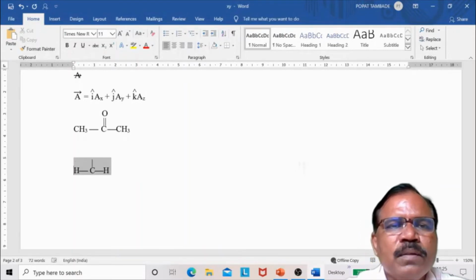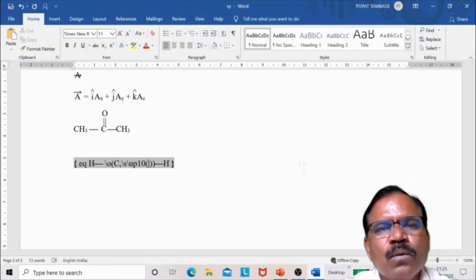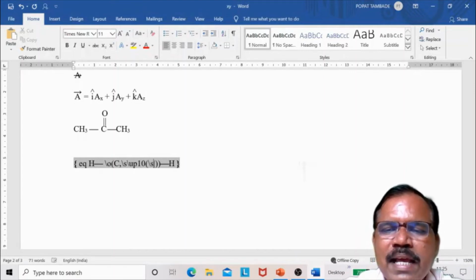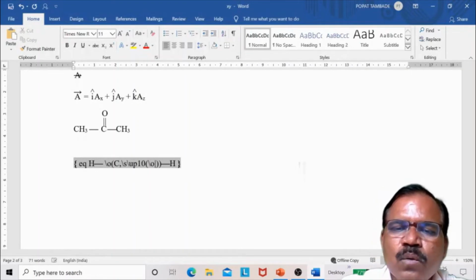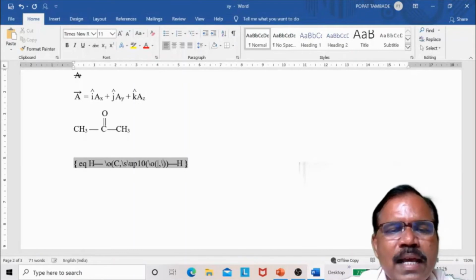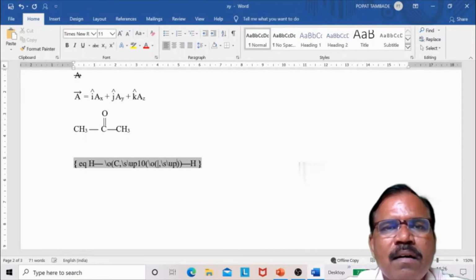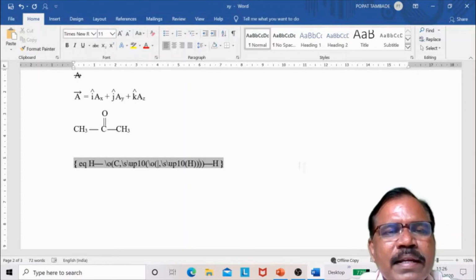And suppose we come out of the field, I will get it like this. Now, in place of this line, I have to again write here backslash S backslash O, because I have to go over that line, comma, backslash S backslash up 10 points, and here H. This bracket is completed for backslash S, and I have to complete the bracket for backslash O. Now compare here.